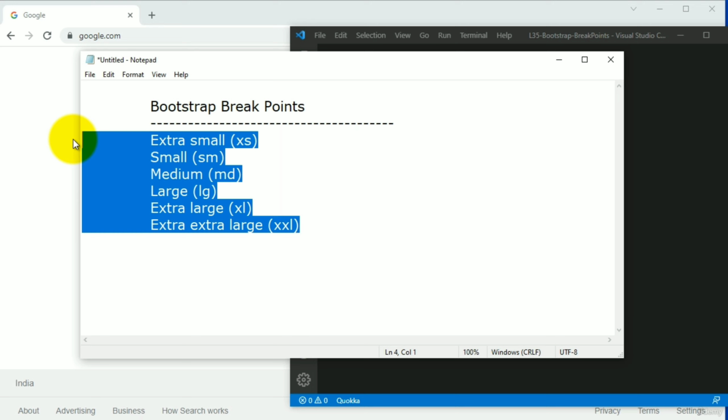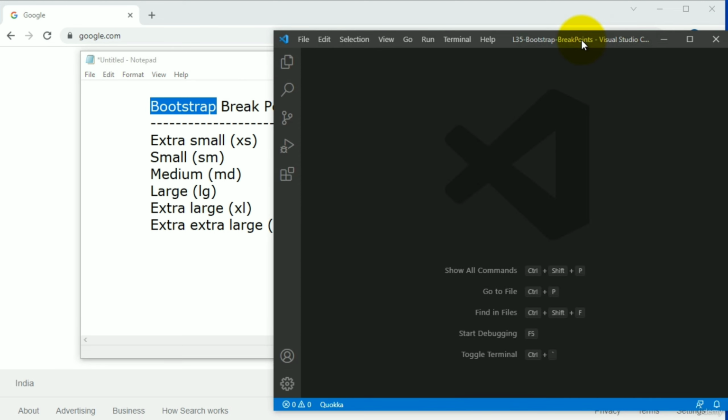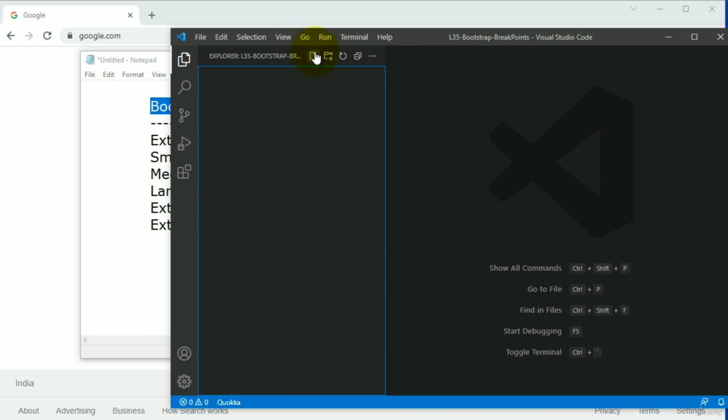If you want to create any kind of responsive website, you need to use these breakpoints there in this Bootstrap. So let's have a look how we can use that one. I took one root folder, and here you can see this is my root folder, and I would like to take one file for responsive bootstrap files. I will take breakpoints in bootstrap